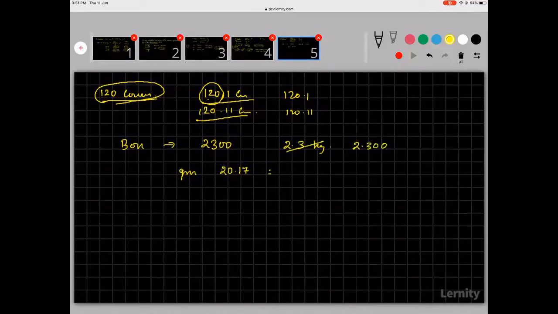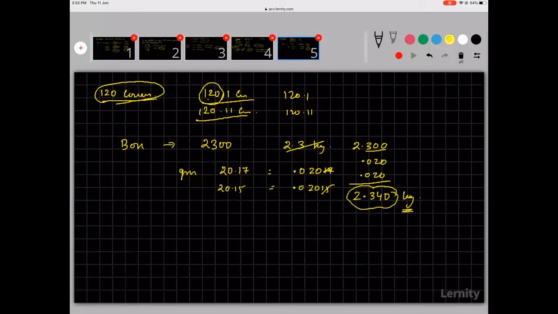So when you convert this, it will become 0.02017. So again, you have to report to 3 decimal places. So 3 decimal places means you knock off this. The other one is 20.15. 20.15 means 0.2015. Again up to 3 decimal, you knock this off. So 0.020, 0.020. So when you add them, it will become 2.340. So whether you find out in kilograms or in grams, the answer will be the same.